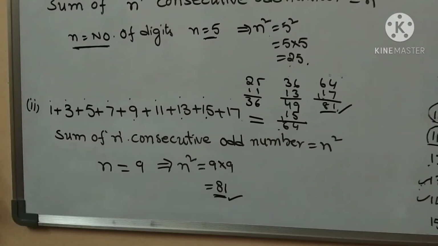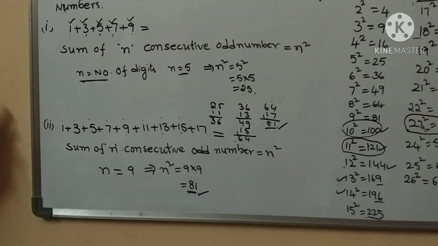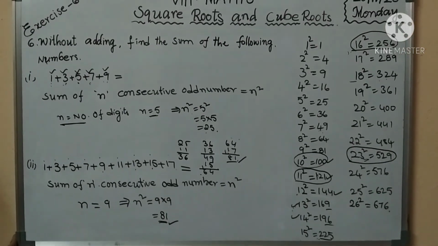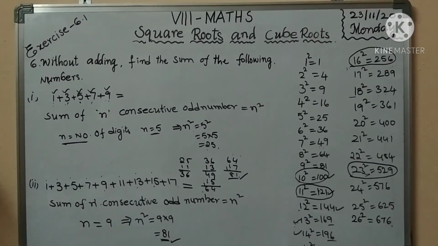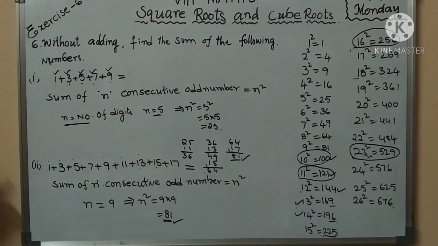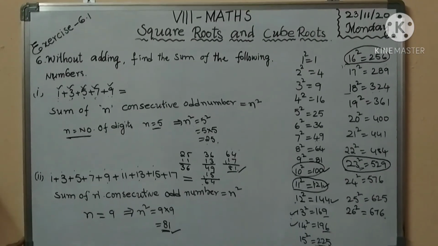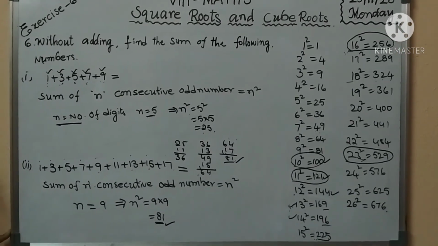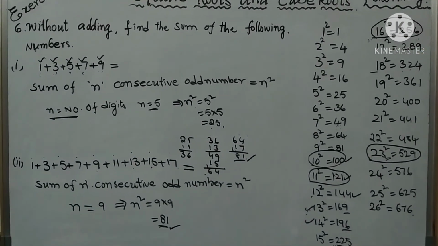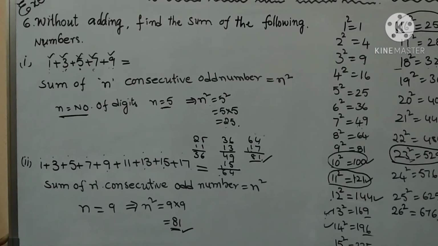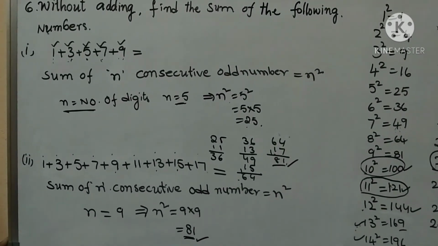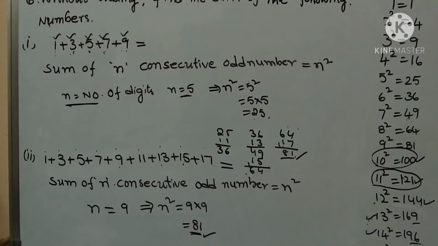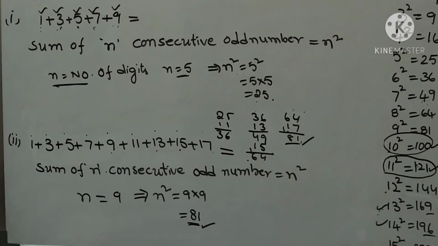Okay children, in this 6th Roman there are 3 problems. I explained the 1 and 2 problems. Only 1 problem in this Roman I give as homework. So in this exercise 6.1, the 6 Romans are completed. Children must and should do the homework and send it to me. Okay children, this exercise 6.1 is very easy. Once observe and do the problems.